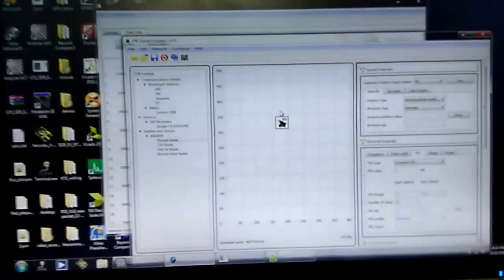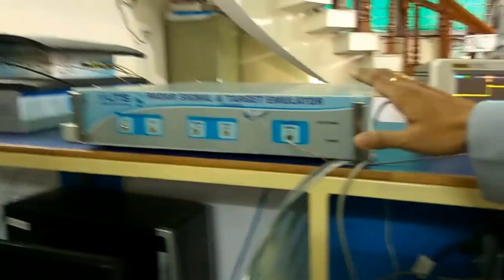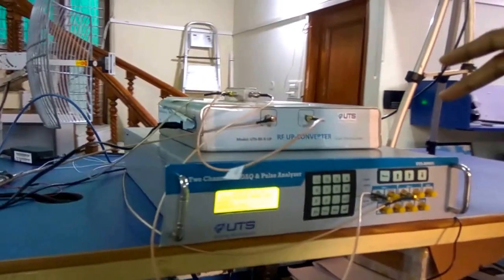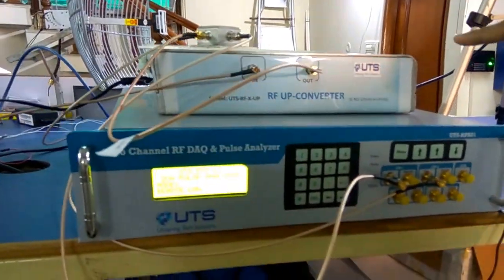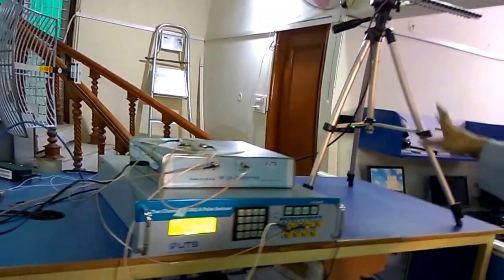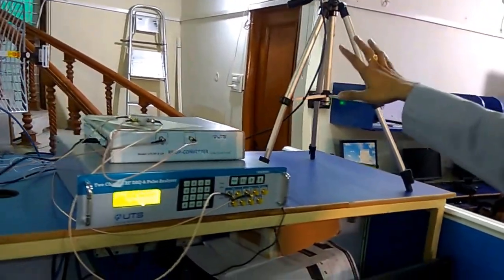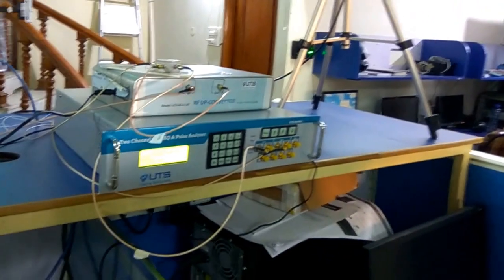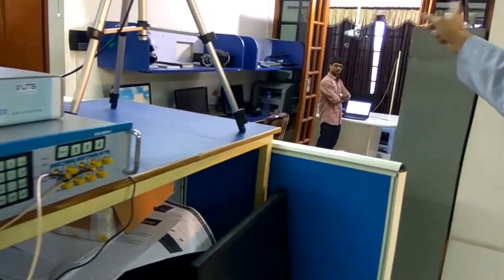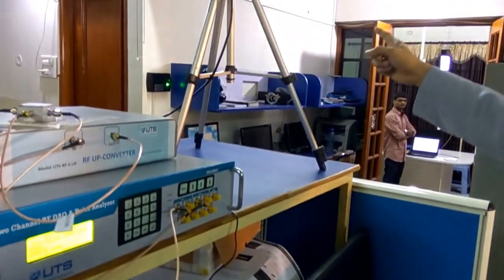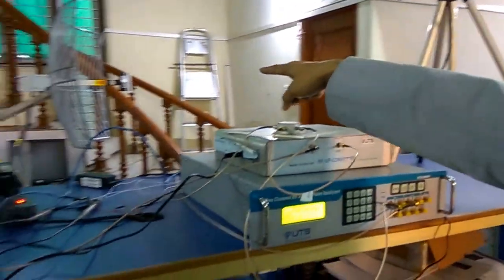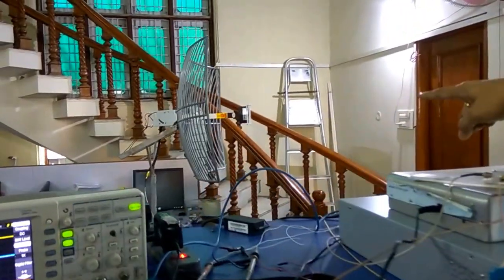This software is configuring our radar signal generator product. It goes to a simple up converter, where we up convert to 2.45 gigahertz, and that up converted signal is fed to the Yagi, which radiates it. The radar target simulator radiates the echo back, and the echo is received by the parabolic reflector here.